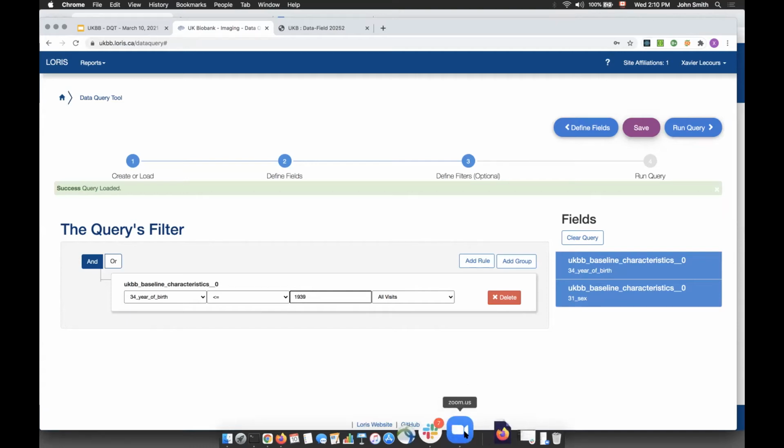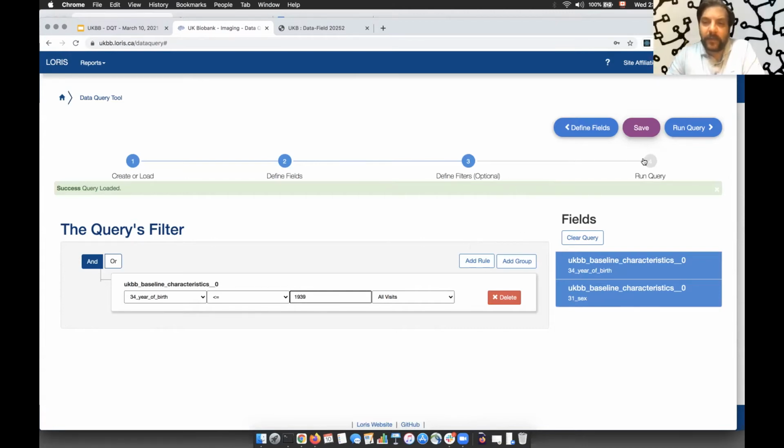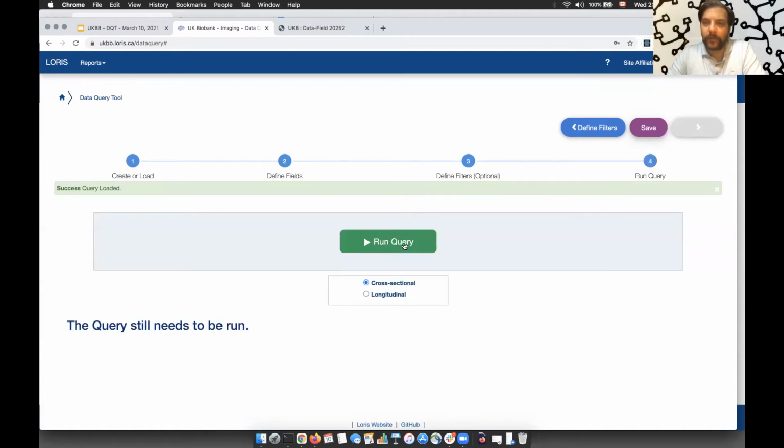I don't remember who asked the question, but this should answer it. Yeah, so the answer is basically add a filter of some kind, and then you will see that data. There's no point in us having all these different queries run at the same time with all of the UK Biobank data right now. That would be a serious load on the system.